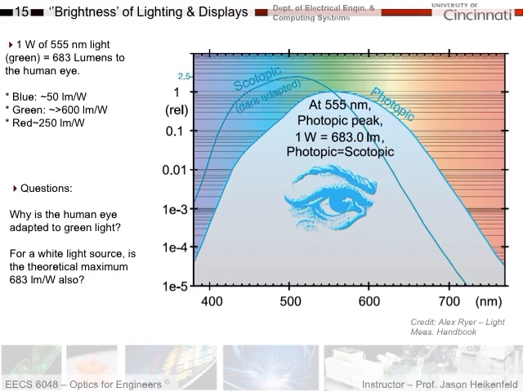And then the red is also less than green. When you get out into the red, it drops down to around 250. And so the green is the most efficient as brightness seen by the human eye. Red is second, and blue is the least efficient. If you go beyond that, then everything starts to look basically black. You don't see much of anything at all, which makes sense when you go out to the ultraviolet or the infrared. So when you look at this, you're like, well, why is the human eye adapted so well to green